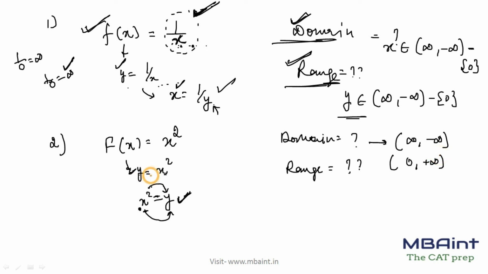So there's a difference, right? When you write y is equal to x square, you're looking for what values of x this y is satisfying, or this function is satisfying, right? That's a domain. When it comes to the range, they're asking you for what value of y this satisfies. So y cannot be negative here because this is the outcome of x square, okay, and that is nothing but your range. Range can be from 0 to positive infinity, okay.